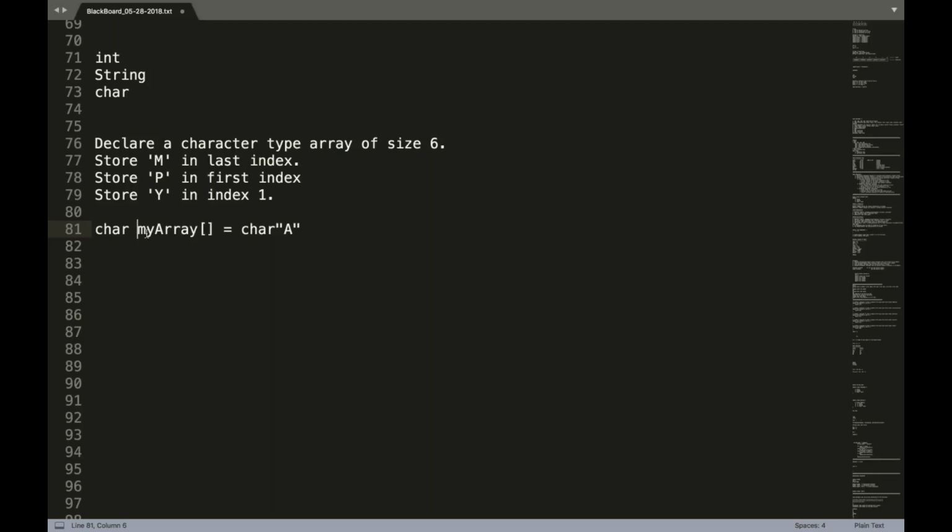And so we have to start with the type of that array, right? So you were missing that. So now you are correct. So you have to start with the type all the time, even if it is not an array, before you declare a variable. All right. So char my array, and then this equal sign, and then